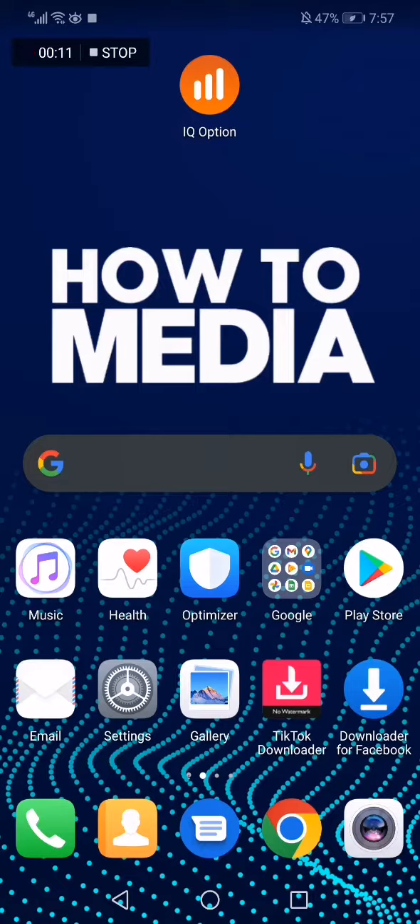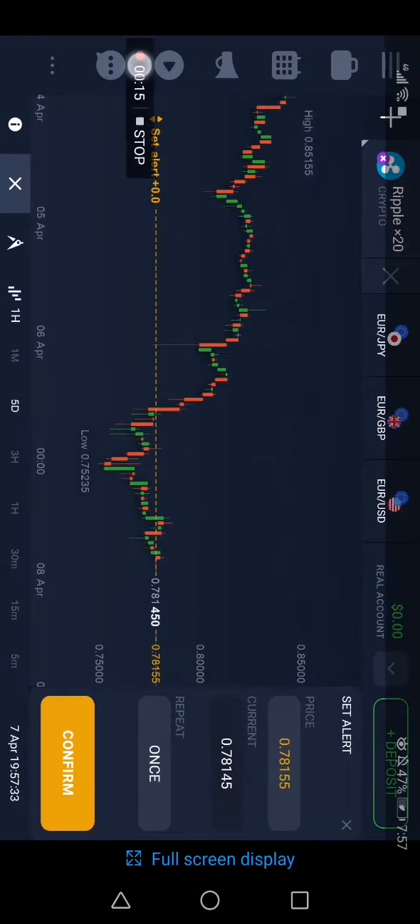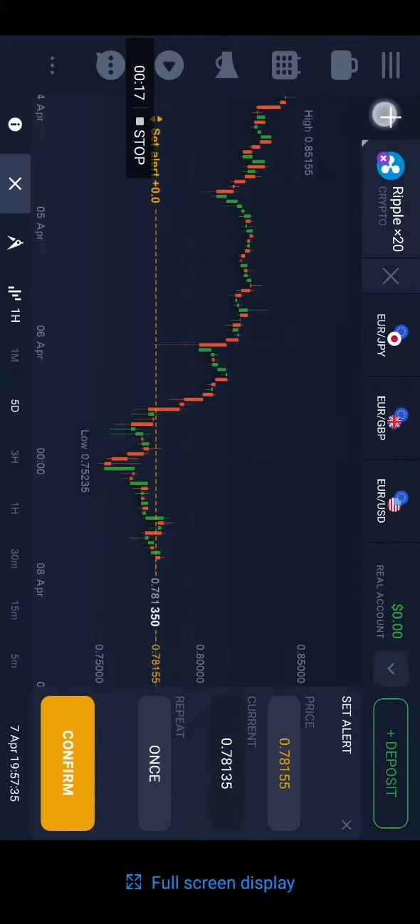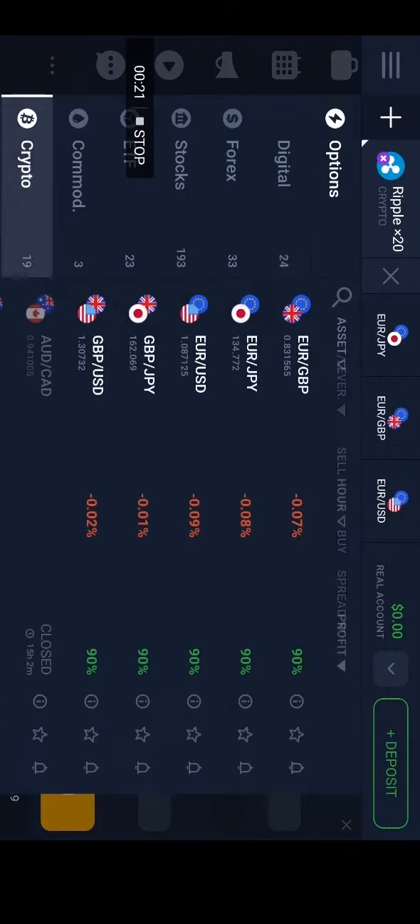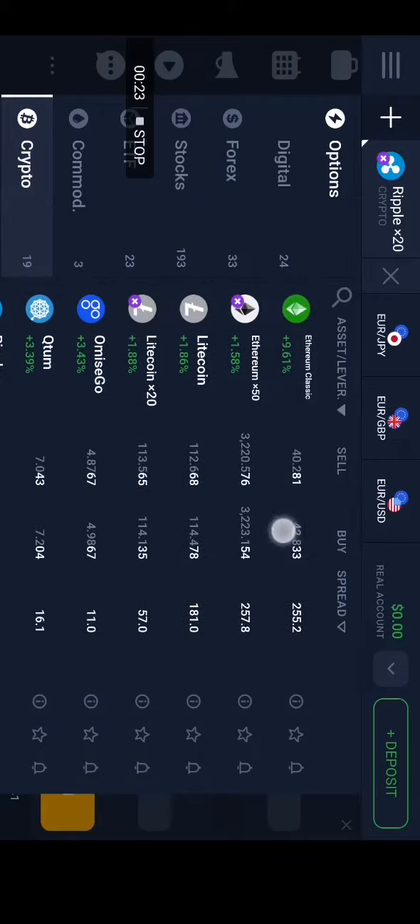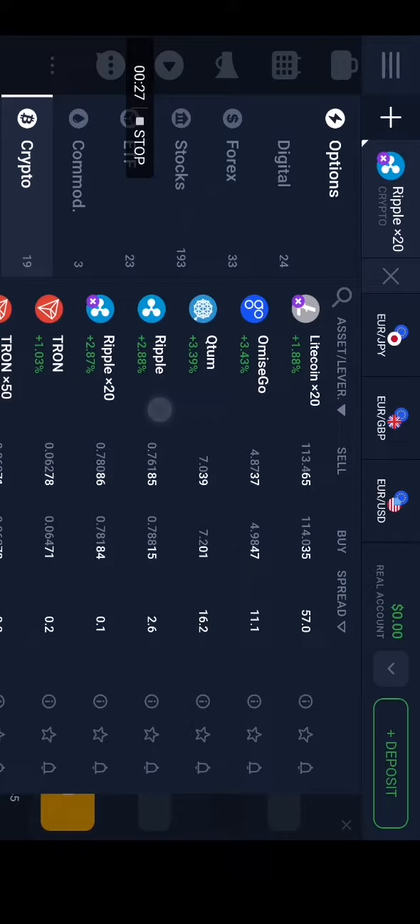So first thing we do, we go to IQ Option, and this is the home page. As you can see, now you go to this add symbol right here and choose crypto right here, and then search for Ripple. Here it is. If you didn't find it here, you can search for Ripple in the search bar here, and after that click